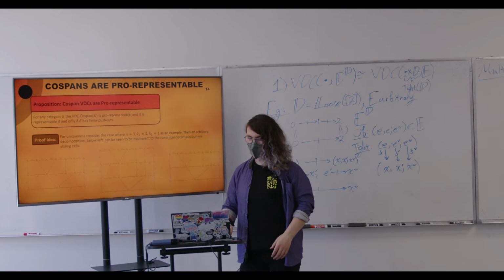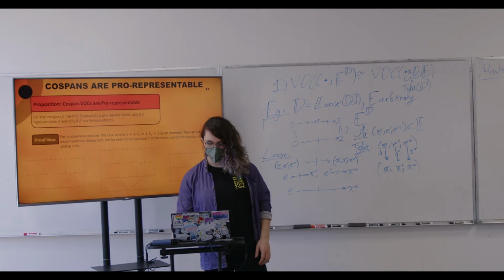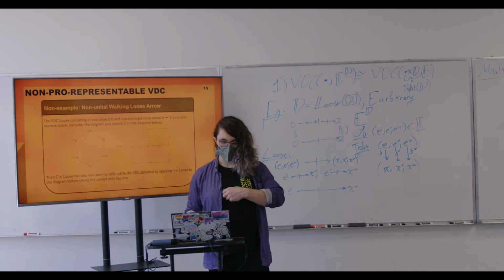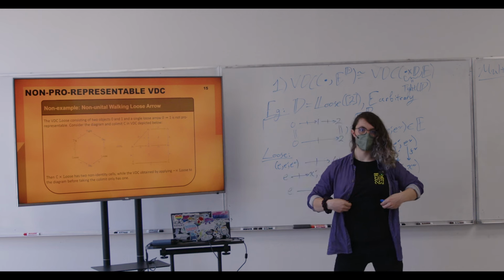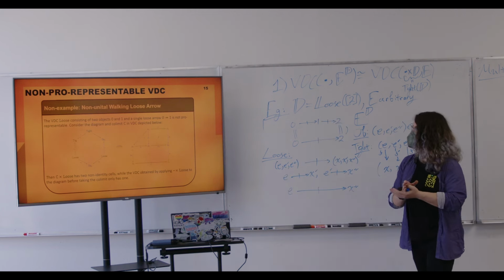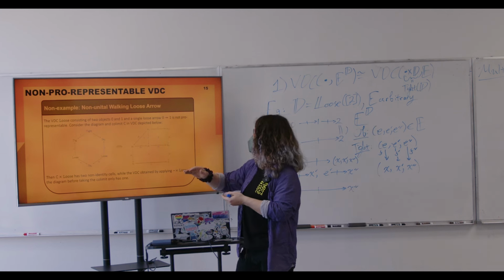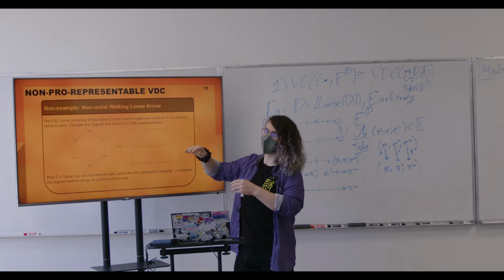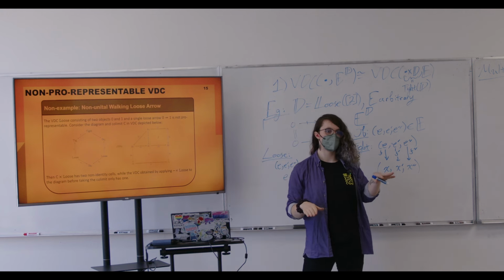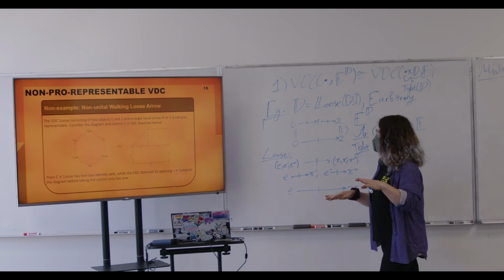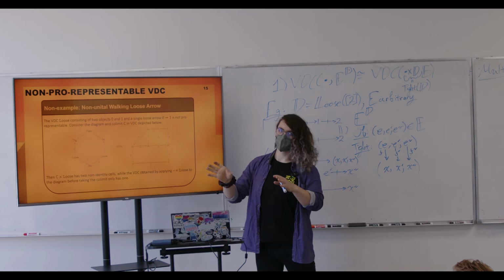Okay, great. So I have about 3 minutes left, and it actually works out relatively well time-wise, except that I won't get to the appendices, but I just wanted to quickly go over a non-example. And we have a non-example right away at almost the simplest case. If I take the virtual double category with two objects, a single loose arrow between them, and no unital loose arrows, so in particular this is not representable, as soon as we do that, we don't get a pro-representable thing.